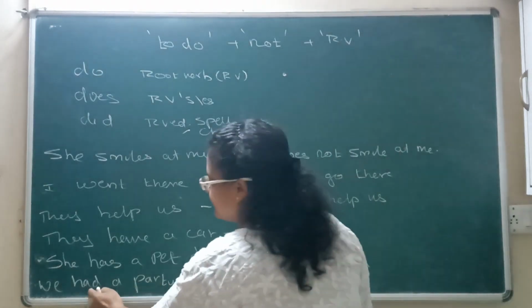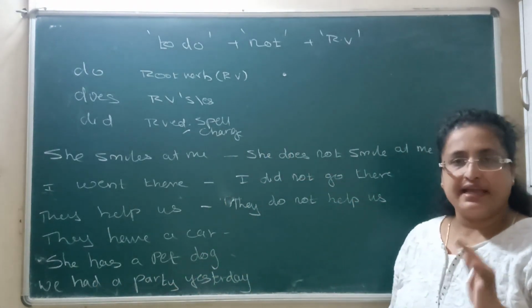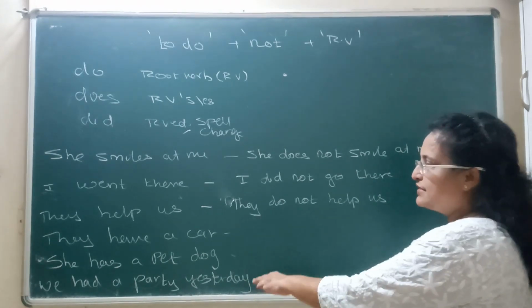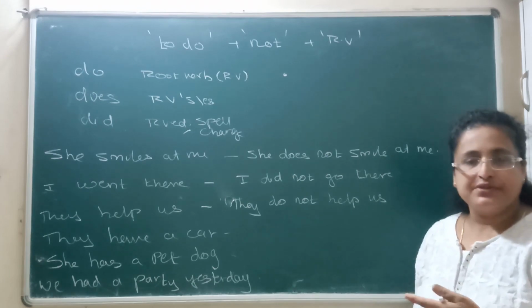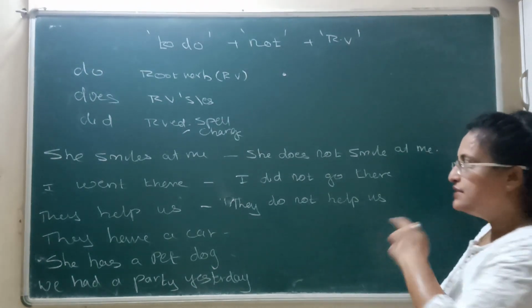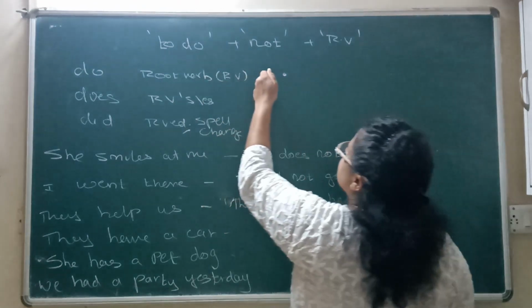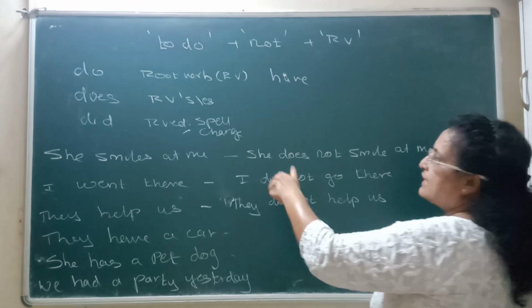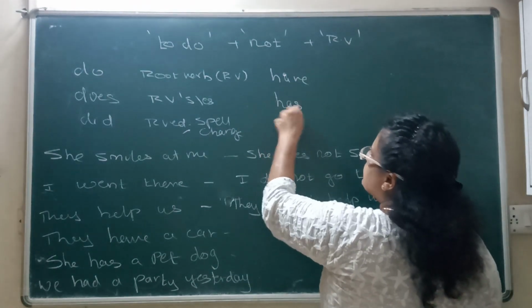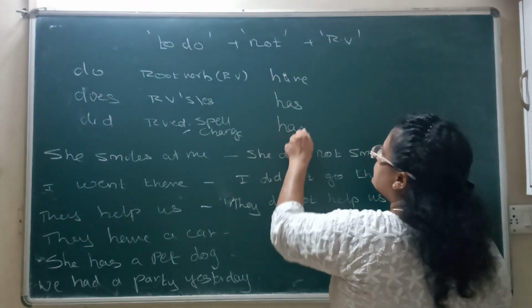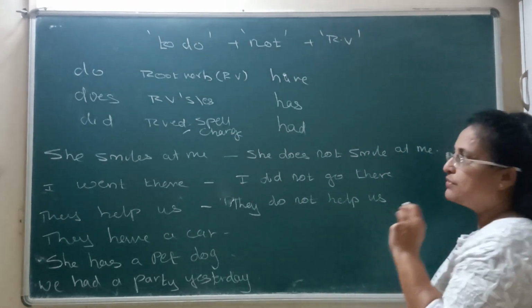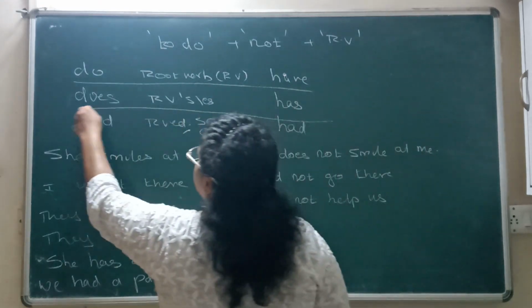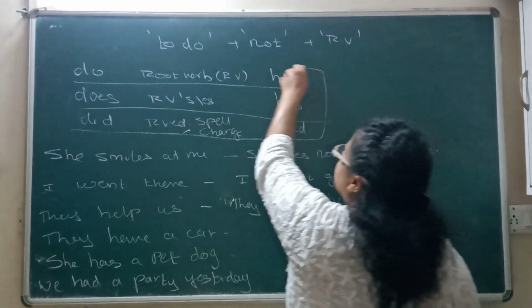So if you see had, it is again a finite verb not having any perfect tense form or perfect continuous tense form. So in this case also, when you are writing in negation, you have to take the help of do, does and did. This is also very easy. Do is used whenever the verb is have. So when have alone is used as a finite verb, you take do. Has, you use does, and had, you use did. This is the way you remember when to use do, does and did form in negation.